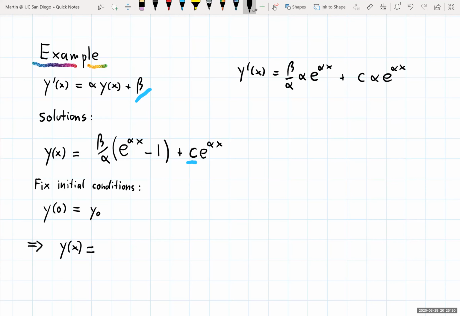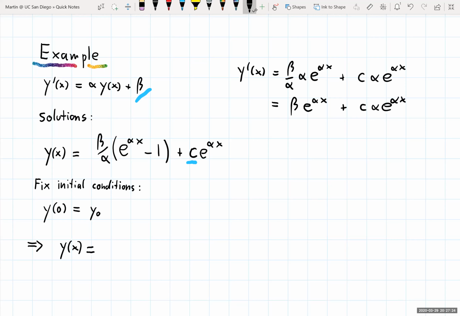Okay, on the one hand we have that. Now, does this look similar to the right-hand side? Well, let's simplify a bit. We've got beta times exponential of alpha x plus, well, still c times alpha exponential of alpha x. Now the trick is,